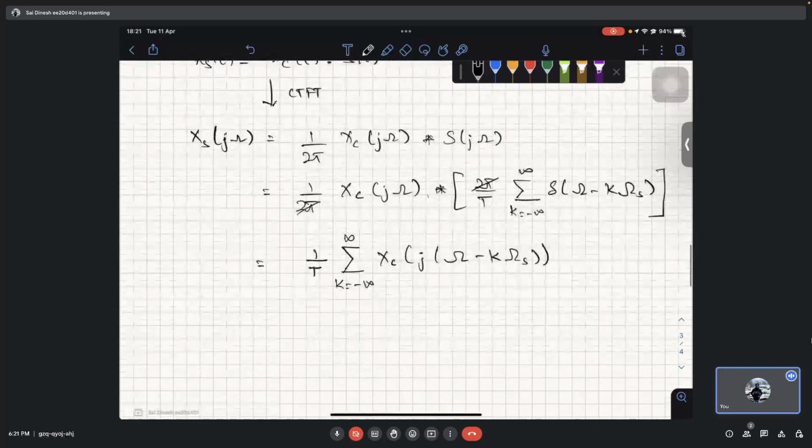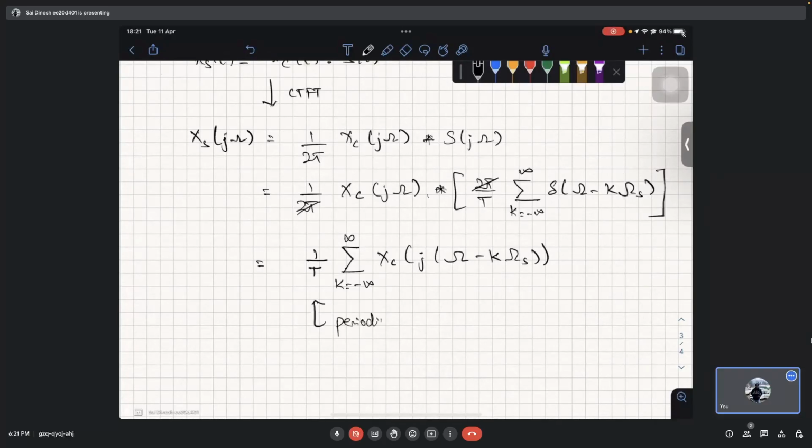So basically this is the periodically shifted version. That is the first one, and the second one is gain equal to 1 by T,